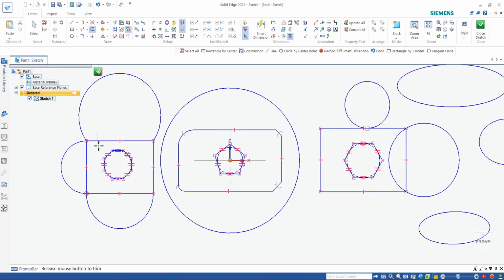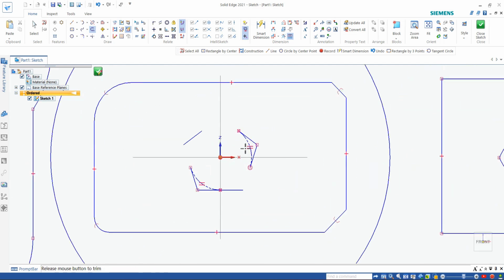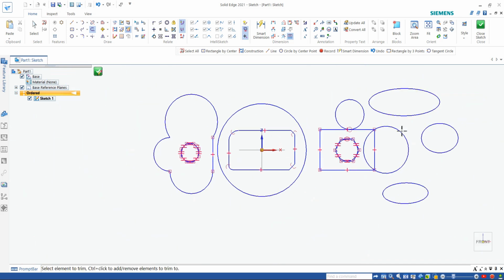If you want to trim this internal line, just click and drag your mouse. This is how you can use our trim command. Click and drag, left click and drag. So this is